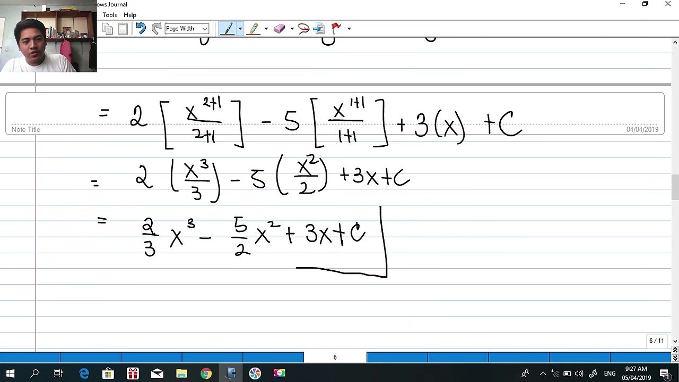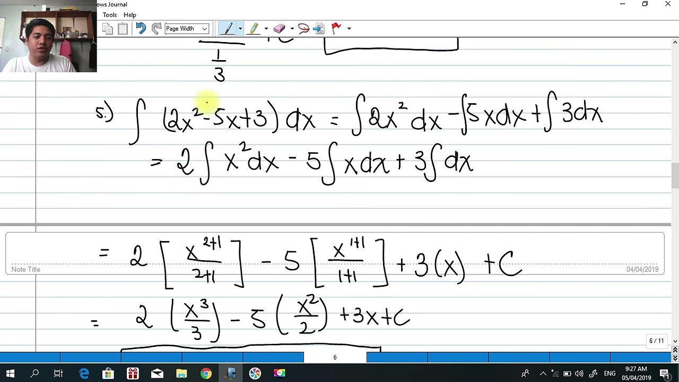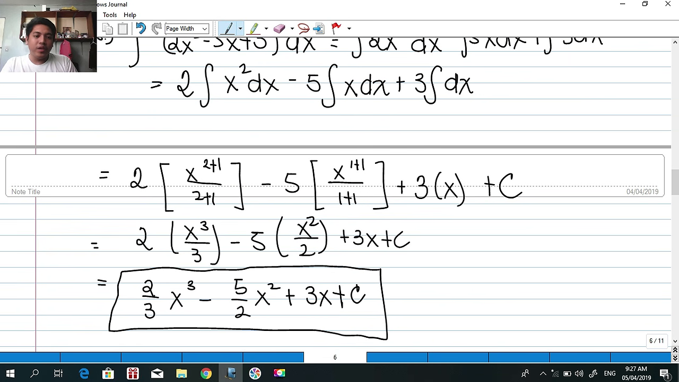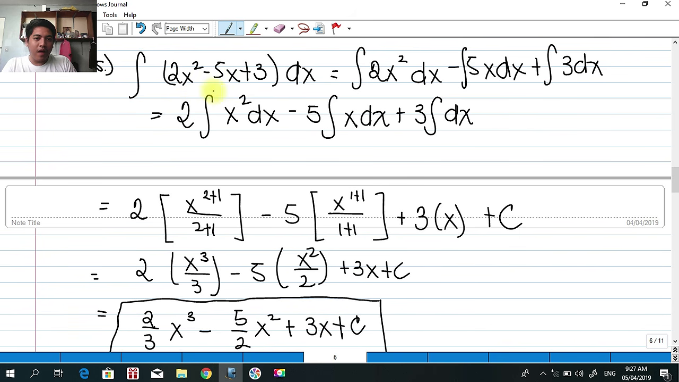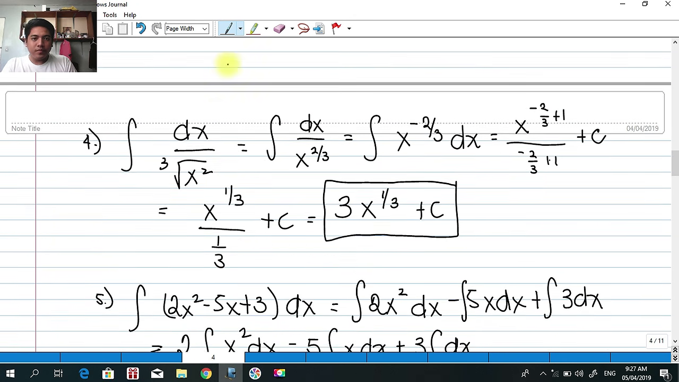So here is the integral of this derived function. Okay, so as you can see, if you get the derivative of this, you should arrive at this derived function. Okay? So